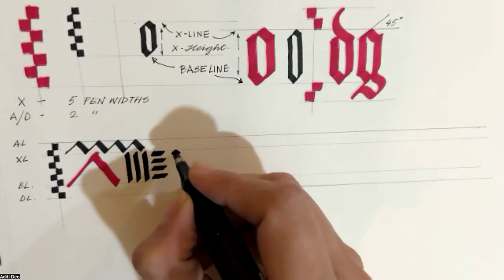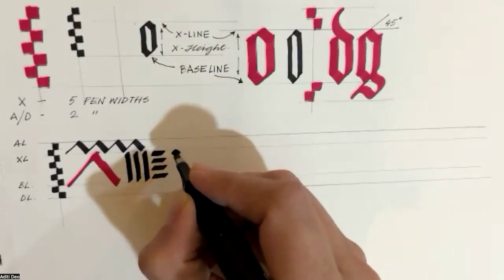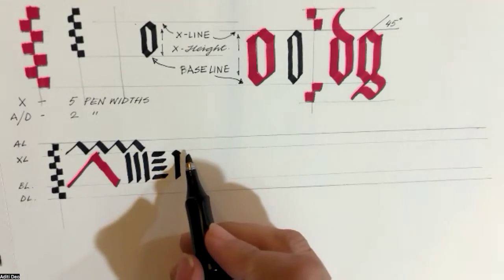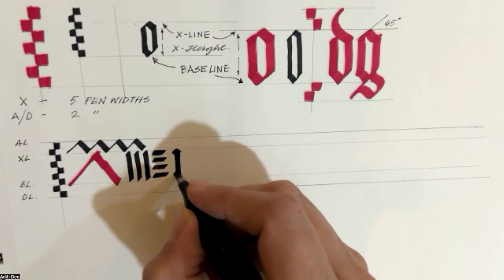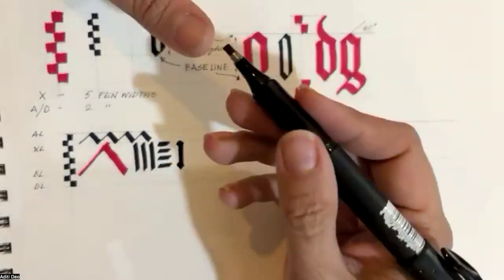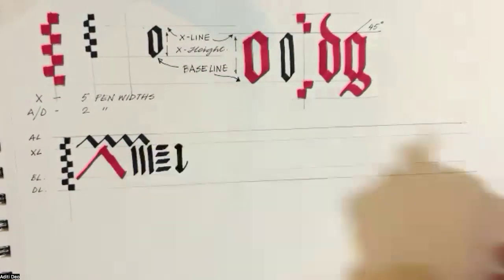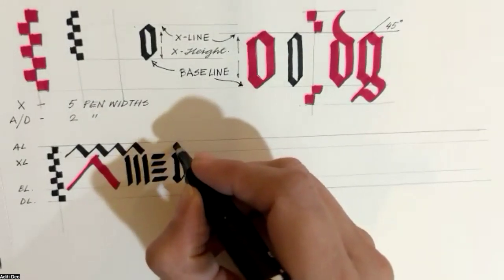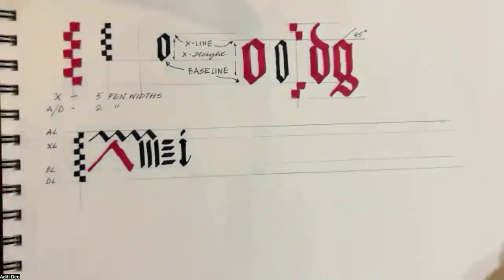Then behind that, you go back on top of it and you make a vertical line in such a way that part of that diamond shape is sticking out from the right and the left. Then again overlap that with another diamond shape, and then just with the left tip of your pen you will make a hairline shape coming up and a gentle shape like that going down for the letter I.